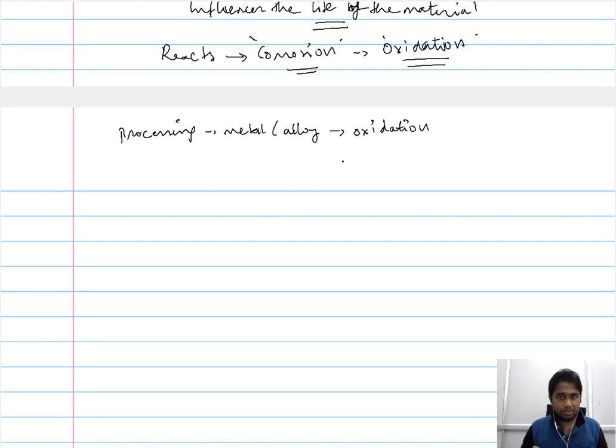So when you treat a metal or an alloy, when you are able to understand the oxidation rate and the oxidation mechanism, and you are able to understand a mechanism or a way in which you can get rid of it or reduce it, you also render a useful purpose to the processing aspect of the material. So the reason for us to focus on high temperature oxidation extends beyond the high temperature application and also to the realm of the processing techniques of